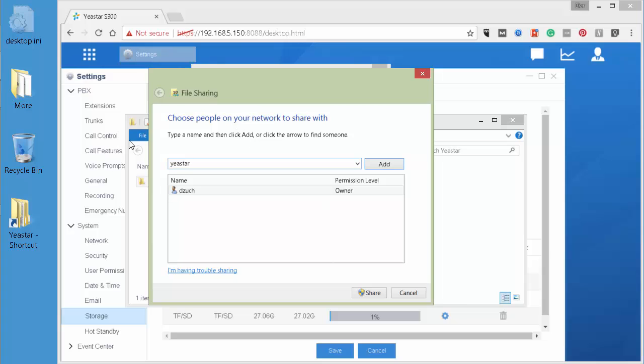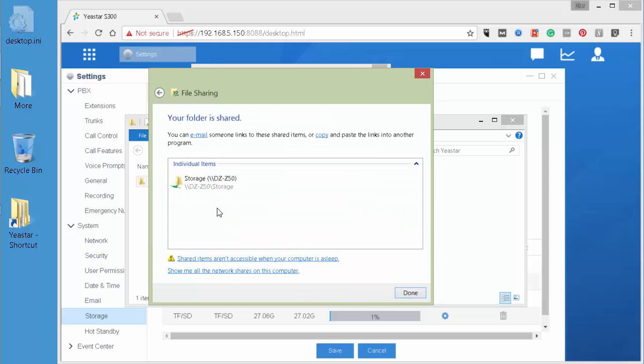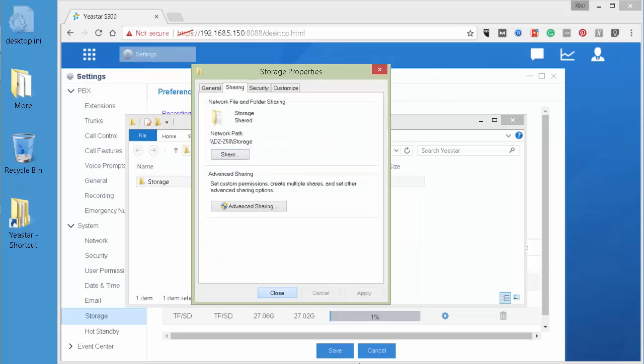It's really not best practice. Create a separate user. I'm going to add this user and choose read write, and then share that. And so you can see I've created a share called DZ-Z50. That's this computer / storage. And so the share name is storage. I'm going to click done, close this,